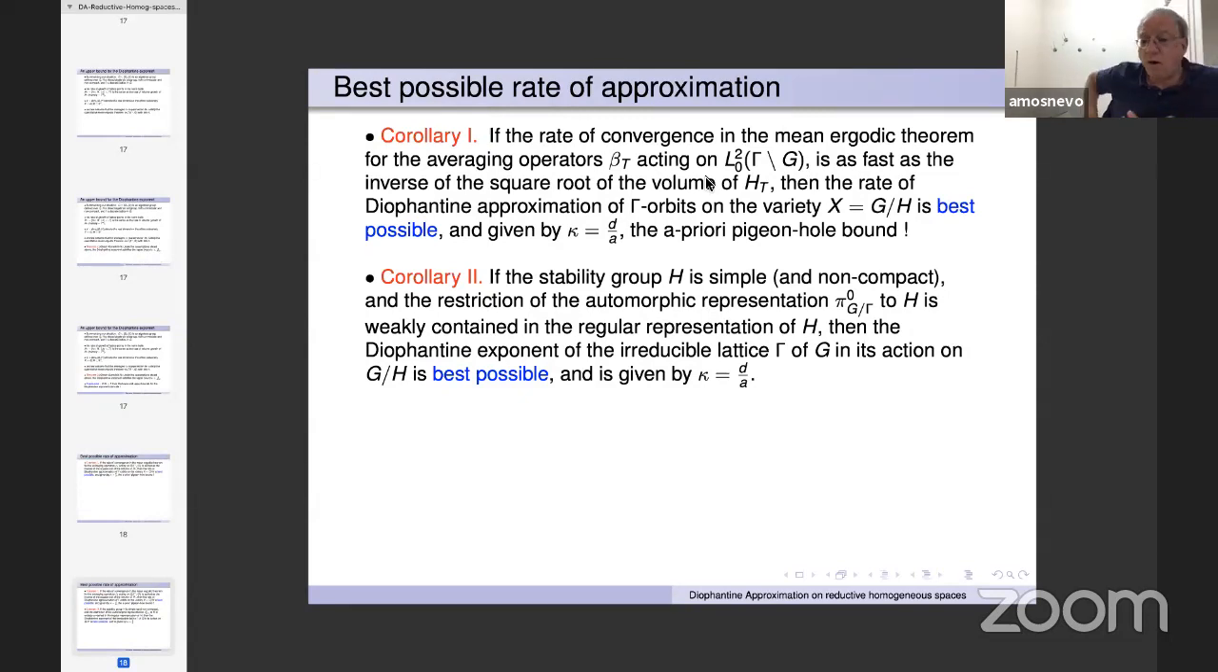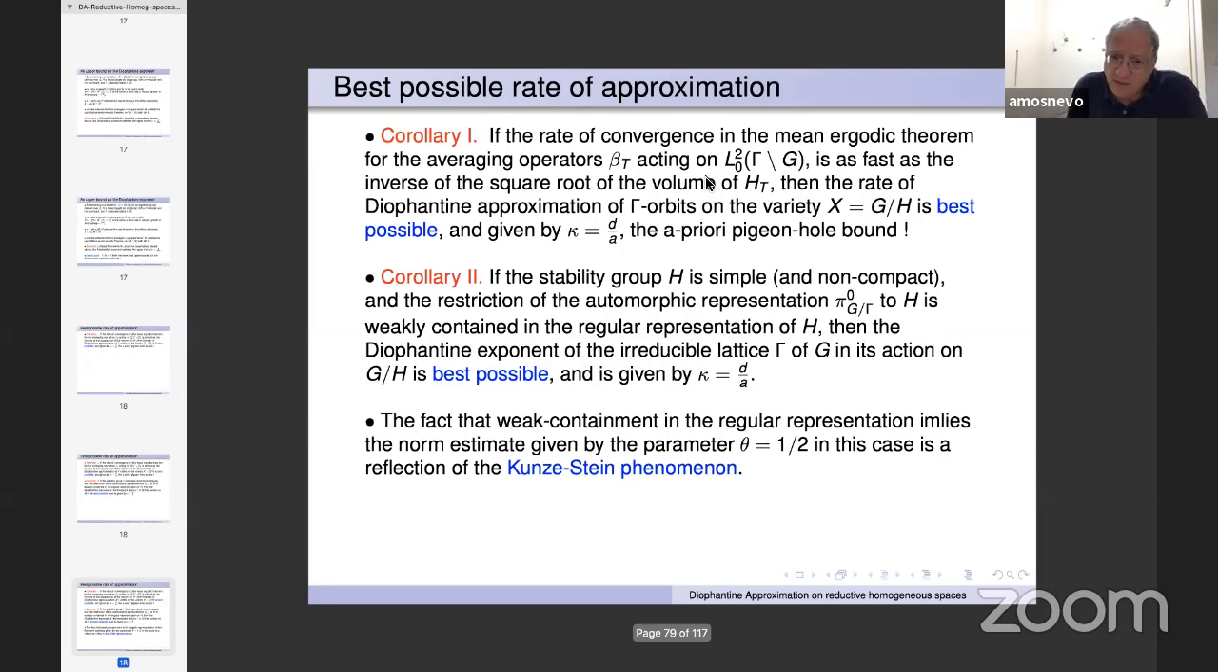And so corollary 2 is just a reminder for all of you that this being weakly contained in the regular representation for a simple group means that the representations in question are tempered. And when the representations in question are tempered, then the matrix coefficients obey the best possible decay bound, which is, well, in this language, 1 over the square root of the volume, essentially the rate of decay of the Harish-Chandra Xi function. And the fact that weak containment in a regular representation implies the norm estimate given by the parameter theta equals 1/2 in this case is therefore a reflection of the Kunze-Stein phenomenon,